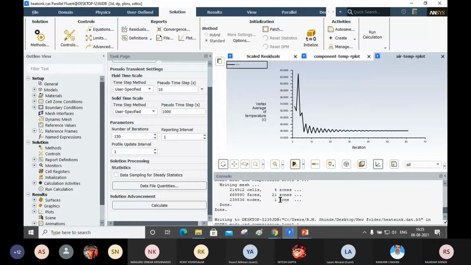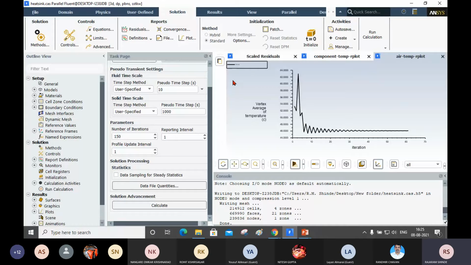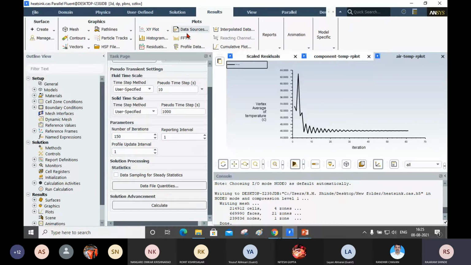Now I will go to the results. First results. Now in results I will check the flux. Where is flux? In reports, here flux. Now here you want to check the flux reports.